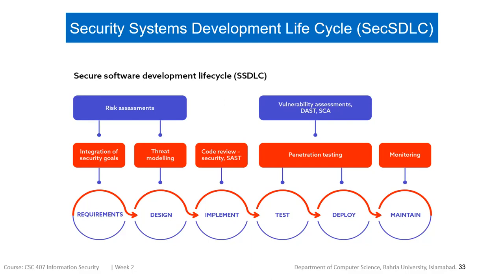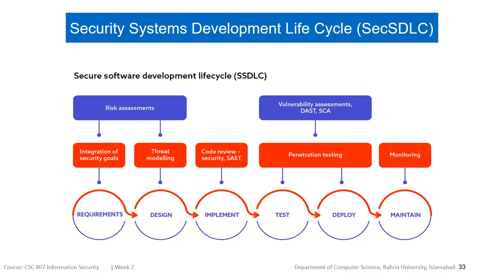and start implementing the code. During code implementation you have to perform static analysis on your code, checking whether the repository you are taking from GitHub is secure or contains loopholes or vulnerabilities that can be exploited by bad actors. You have to mitigate those and ensure what risks are involved in using that code. Then in the testing phase,